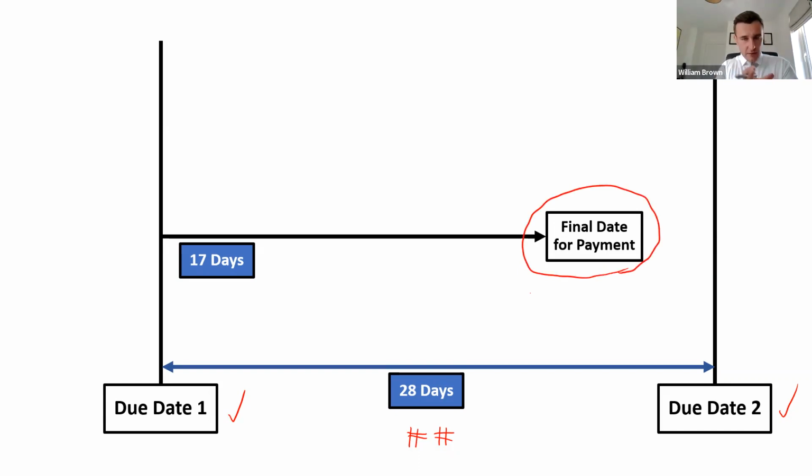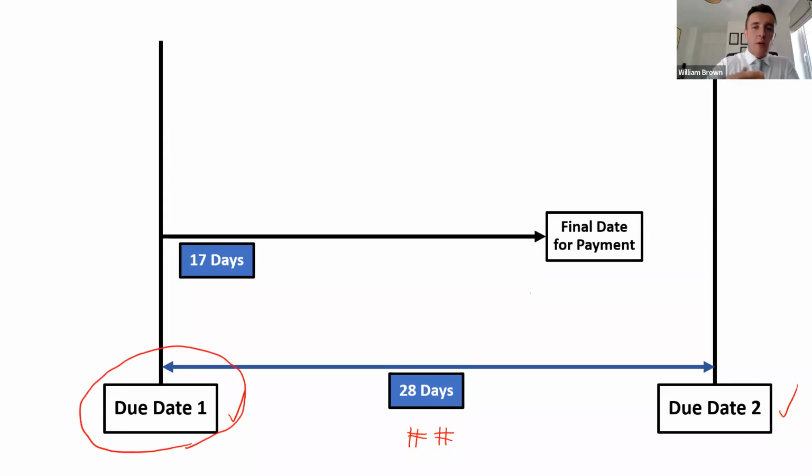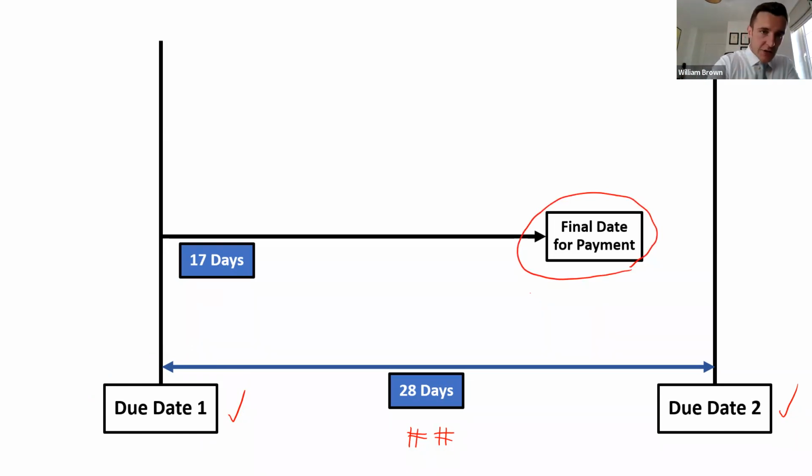And this little process repeats at every due date. So again, what we're about to look at here will happen in the second due date, third, fourth, fifth, and so on. So at every due date, you have to connect to it a final date for payment. The default mechanism sets out that it should be 17 days, but again, you're free to change that timer if you want to. You could set out that it's 30 days, 35, or whatever.